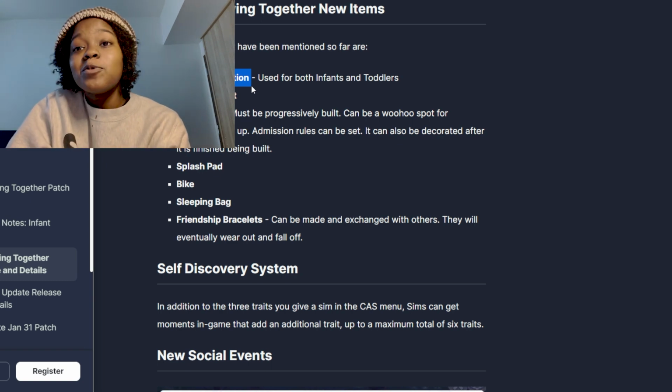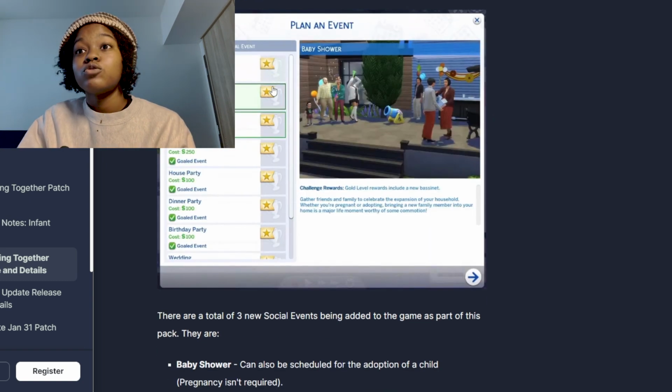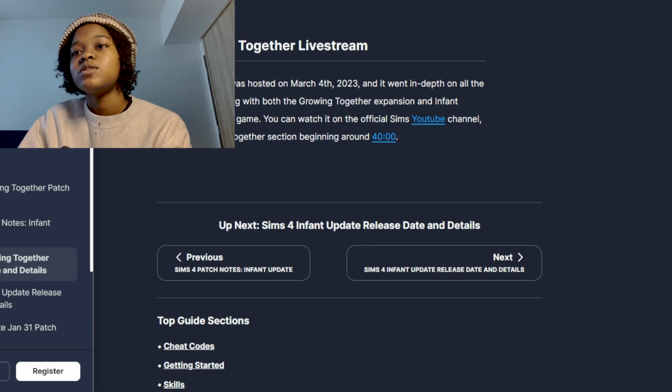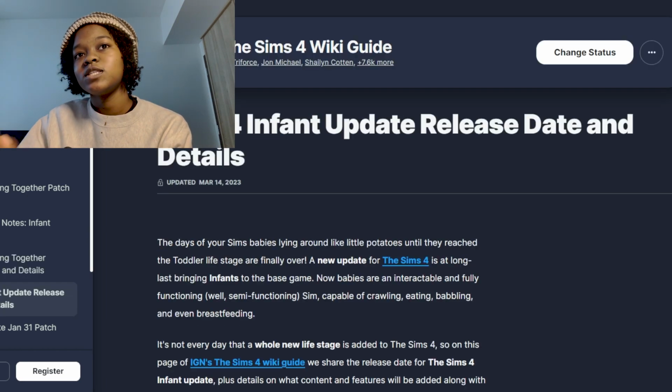But what do we need EA for? New social events, which is so cool. Baby shower, family reunion, slumber party. I think there's more. Now moving on to the infant update, which I was gonna read this, but then the